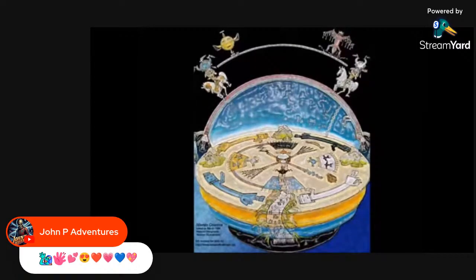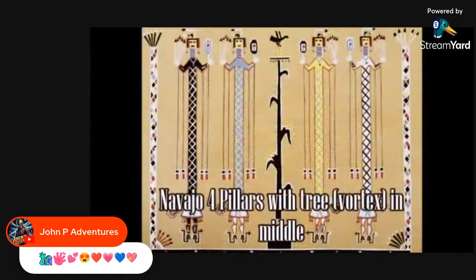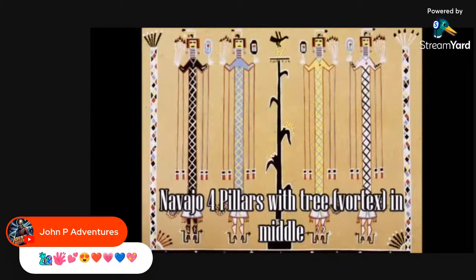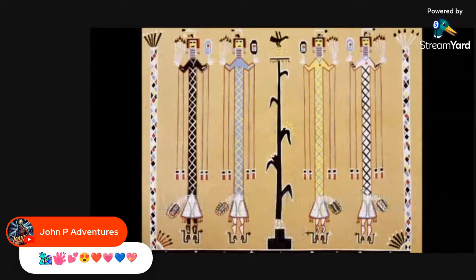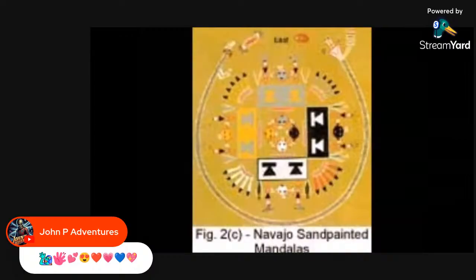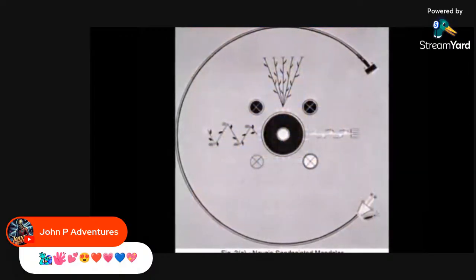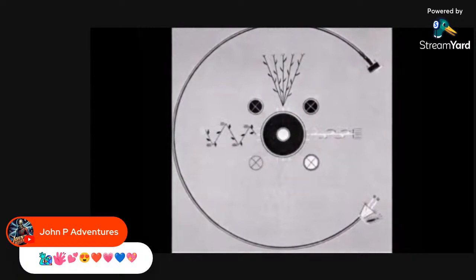Well, we will watch a brief video showing some of the hoop dancing, and it'll be very evident what is being shown in this dance. We see him dancing with the rings. You'll see what looks like the Olympic rings. You will see the sphere, the armillary sphere, the rings on the rings. So let's just take a look at this dance real quick and watch how interesting this all comes together.